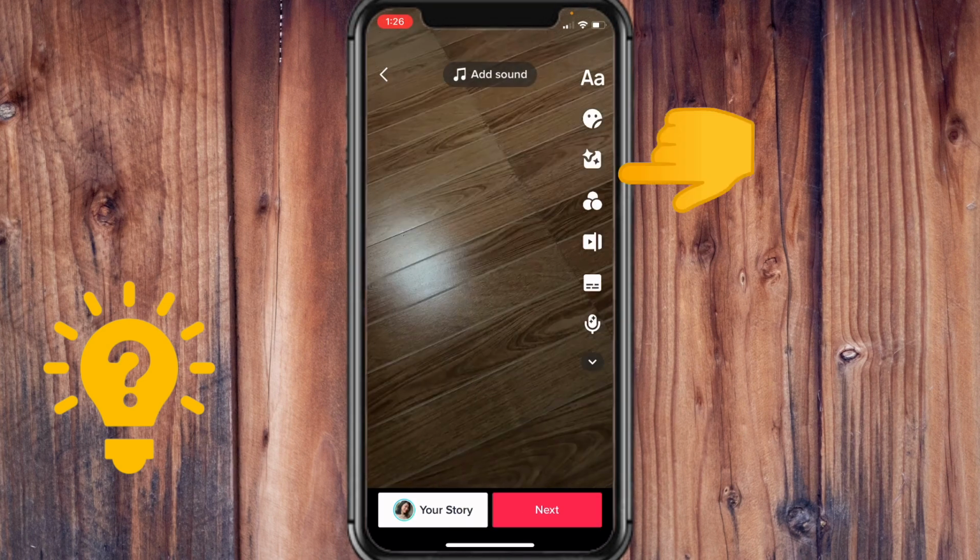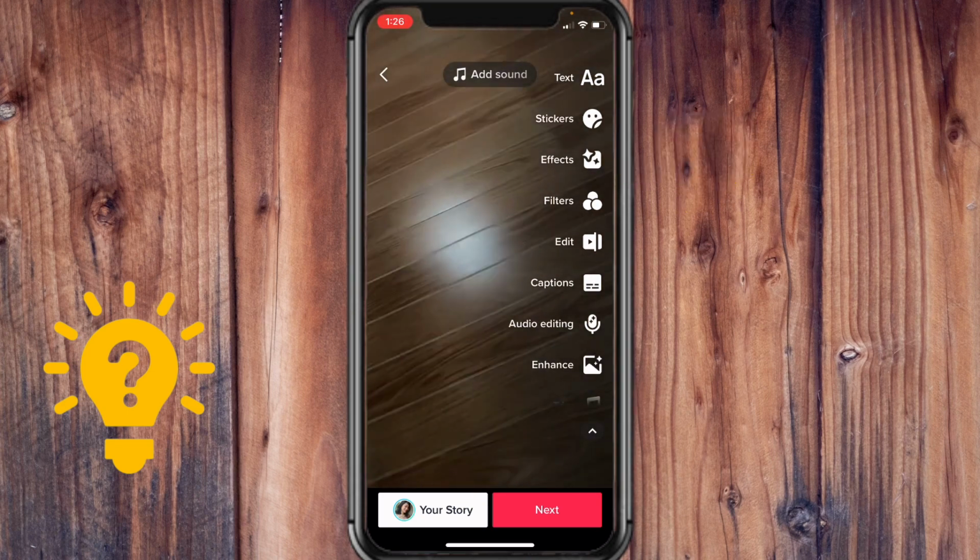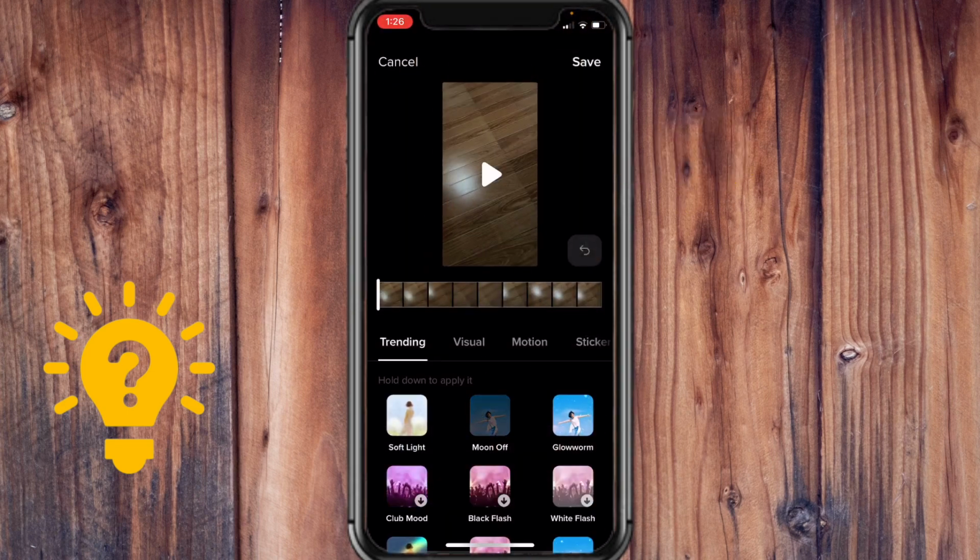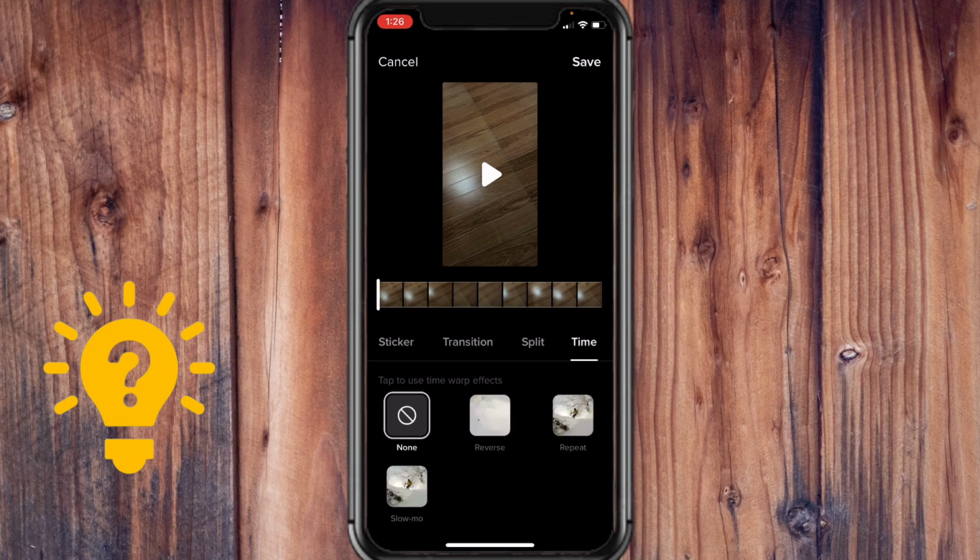And here, tap on effects. Slide to the right, and the last option here is time, so tap on that. And the third option is slow-mo, tap on that. And we can choose which part of the video we want the slow-mo effect on, so let's say